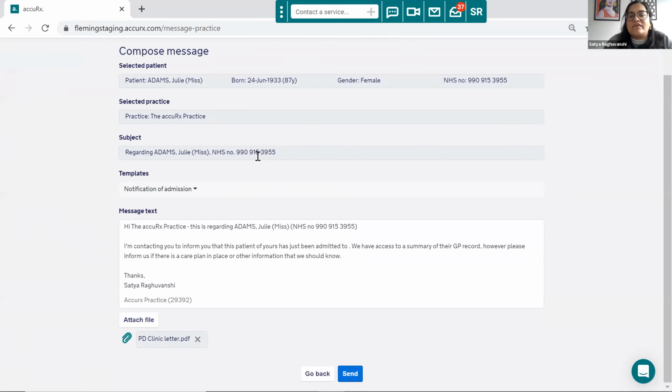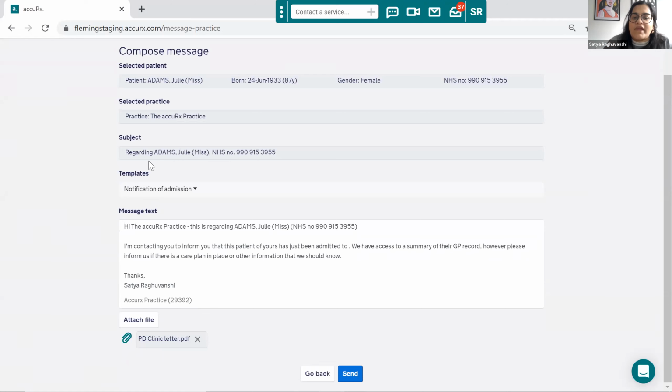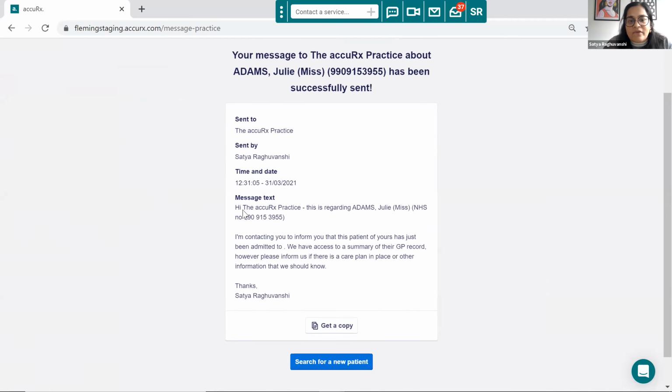Equally, this could be used in care homes to contact the GP practice. We know we have lots of web users across secondary care and acute mental health trusts, in the community, as well as care home services, ambulance services, etc. So if you are using accuRx Web, you could use this to message into the patient's GP practice from any one of those settings. Once you've written your message and you're happy with the content, you would hit send. There is a copy of the message here, so if you want to save this message back into your EPR, you can do that just by hitting copy and then pasting it directly into your clinical record